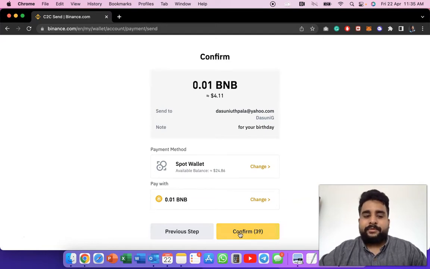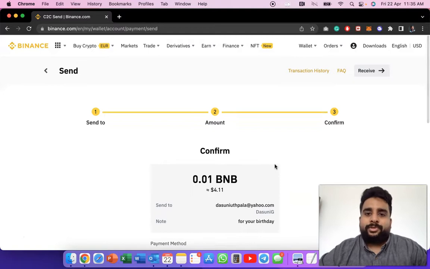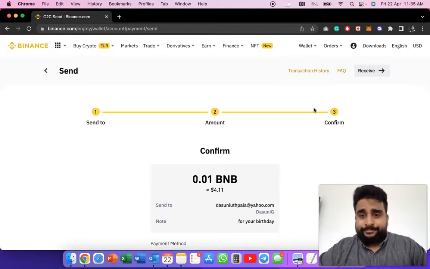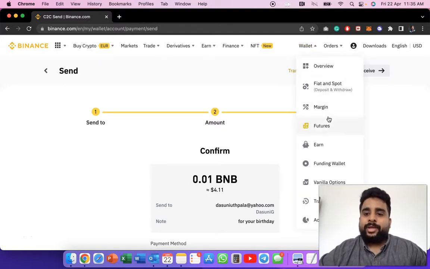So once you click the confirm button, that's it. You have transferred your money successfully. It's nothing major about it. It's a very simple process. Right. So what we're going to go to next is how you can